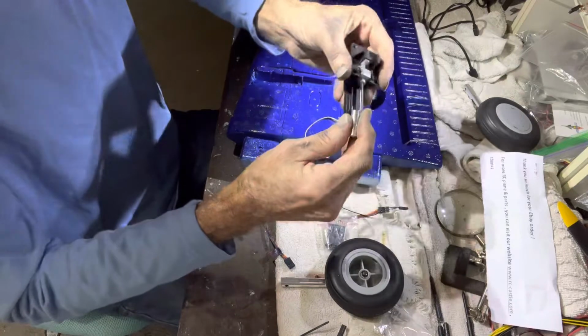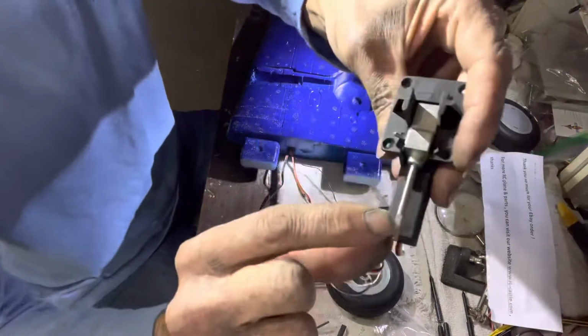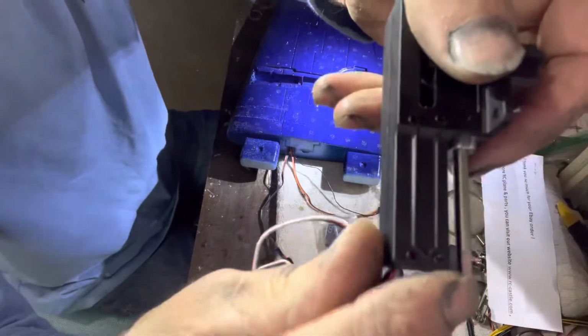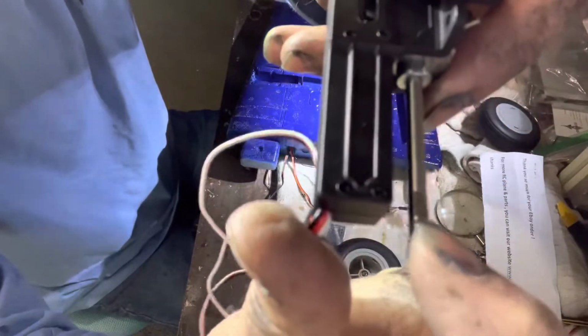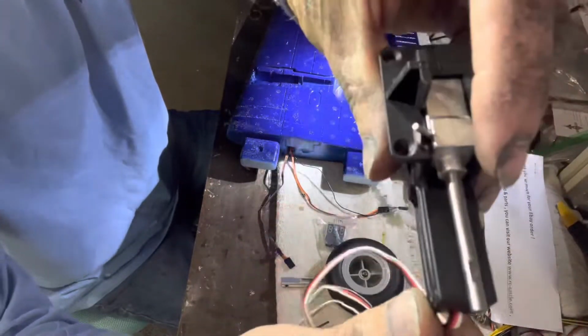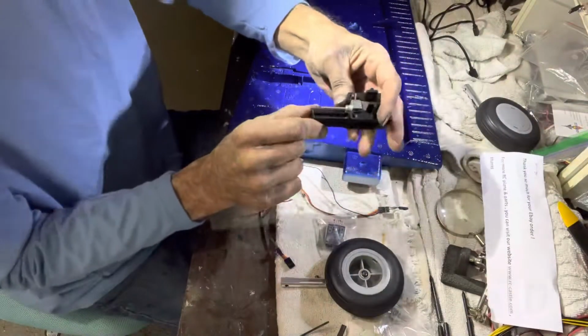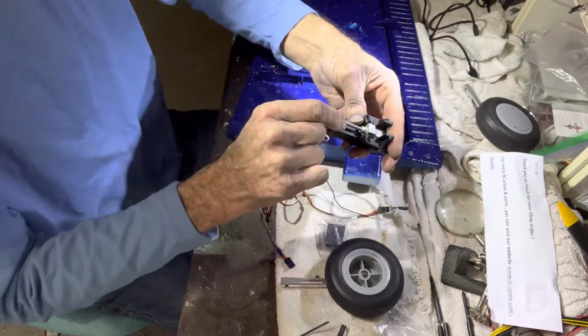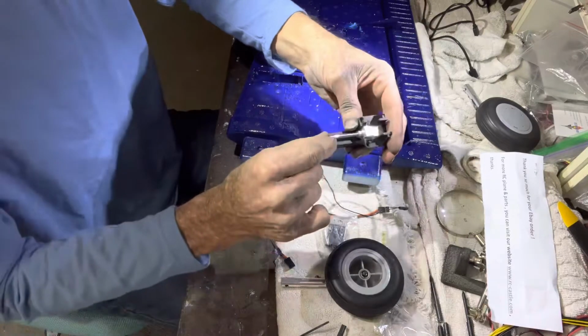Okay, it's got two flat spots. It's got a flat spot here on this facing, and it's got a flat spot there on that facing. So it's got one in both side and front. On it would be when it would lift up. See, that's going to turn this way. So when that lifts up,